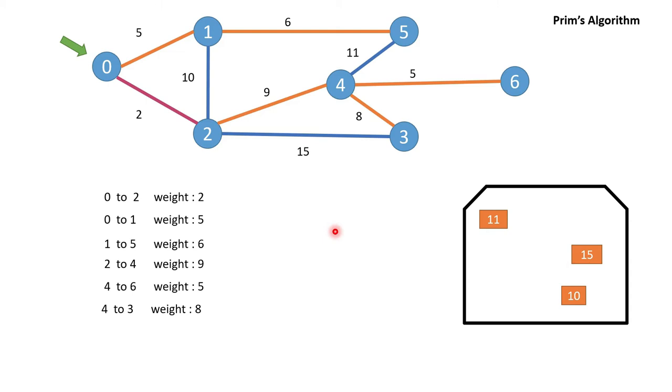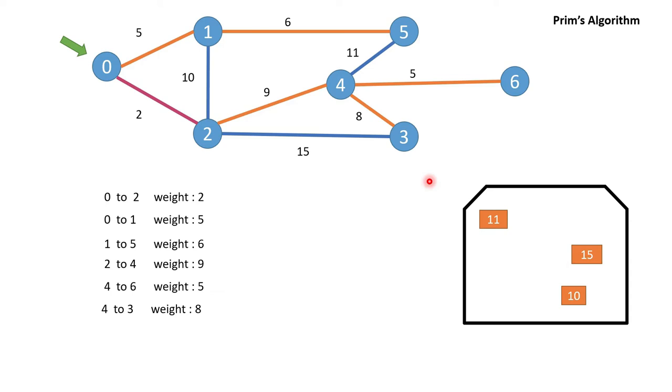So now, when to stop this process? If you see here, the total number of edges I have identified is 1, 2, 3, 4, 5, 6. And the total number of nodes present is 1, 2, 3, 4, 5, 6, 7. So to maintain a minimum spanning tree, meaning to connect each and every node, I need 6 edges to connect 7 nodes minimum.